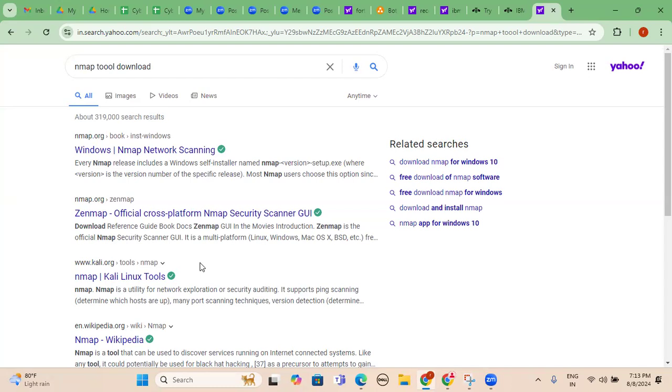For example, maybe you want to download BitTorrent. Instead of going to Softonic or FileHippo or any other third-party websites, you can go directly to BitTorrent and download the BitTorrent file. In a similar way, if you want to download VLC Media Player, you can go to the official VLC website and download it from there. That is how we can identify legitimate websites.